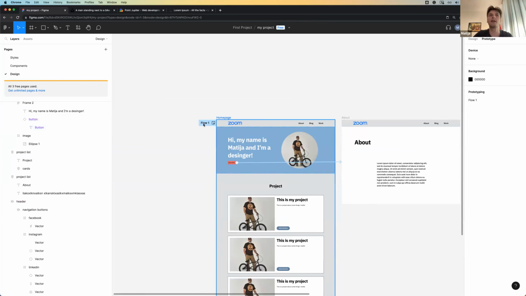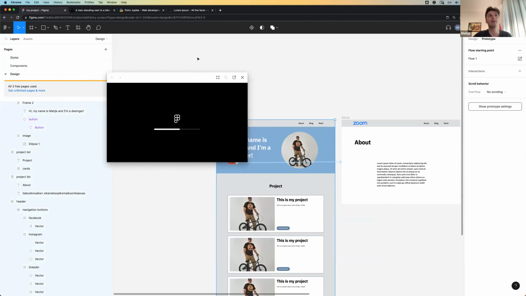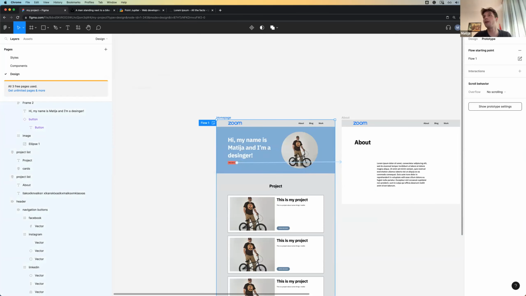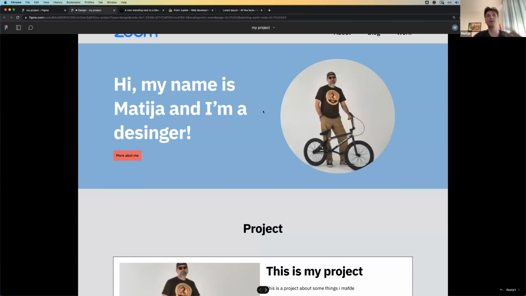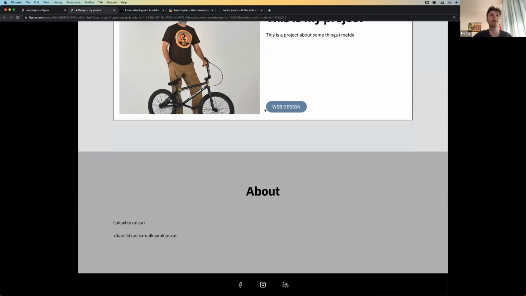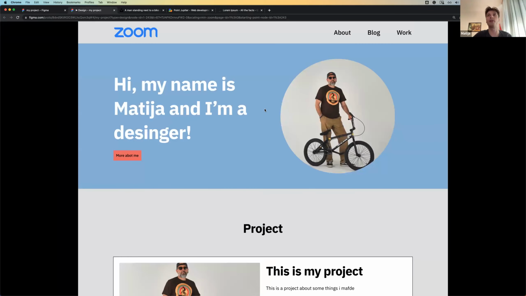And now if I click here, it will open up a prototype frame inside of, over our design. But I can also go here and click on this play button. It will open up in a prototype view, which is how websites look. Now we have our homepage here,